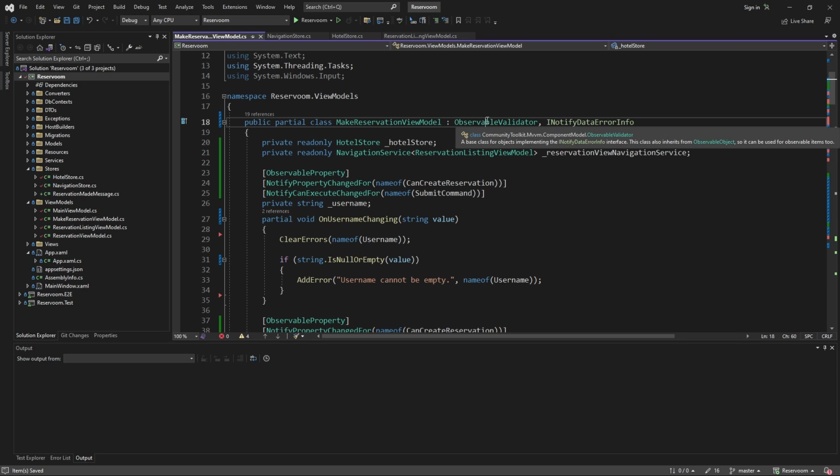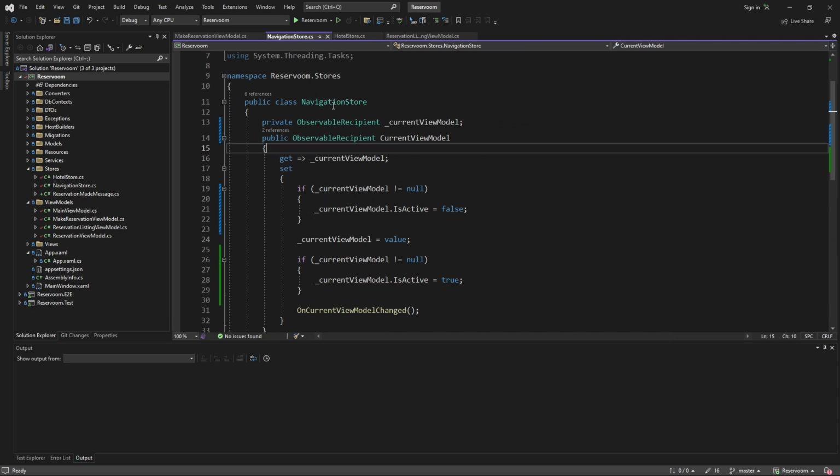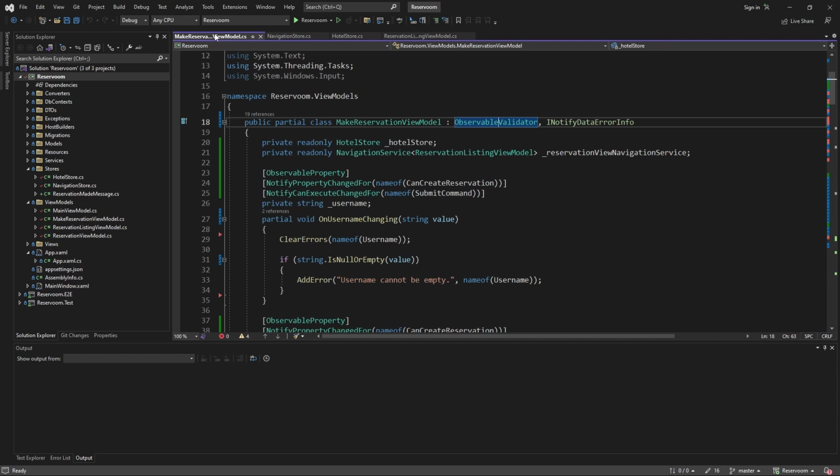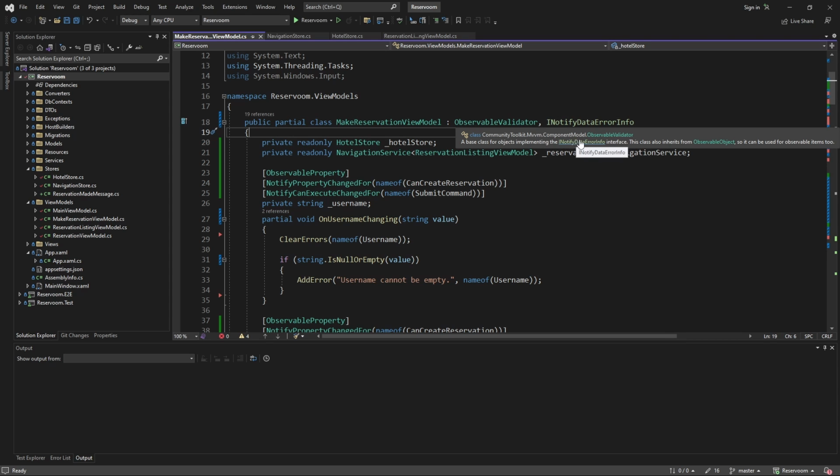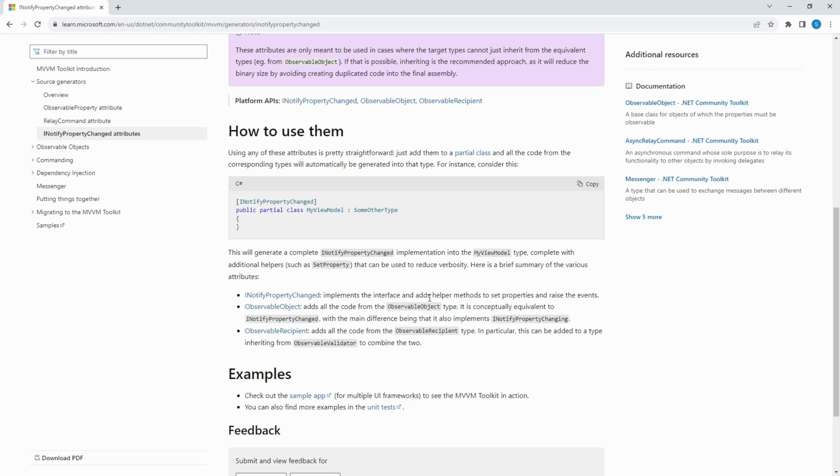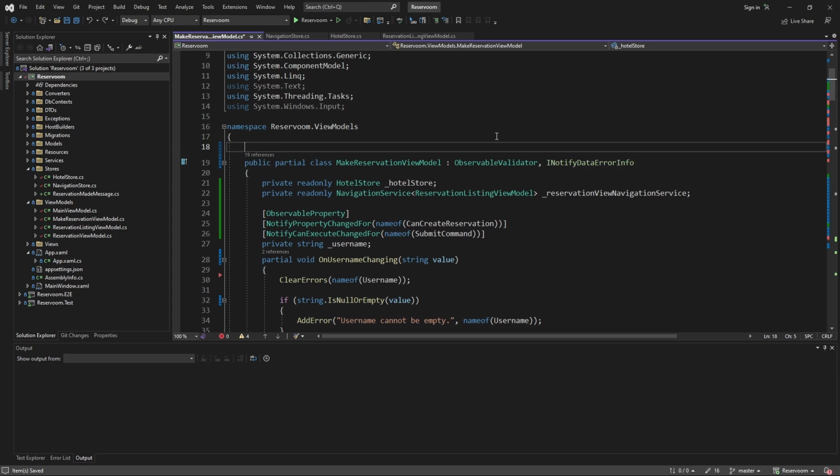So this is a page level viewModel, which we previously discussed should inherit from ObservableRecipient, but we can't do that because we're inheriting from ObservableValidator so that we can get our INotifyDataErrorInfo base implementation. So obviously, C# is a good language, but we can't do multiple inheritance. So luckily we can use an attribute so that we can get all of the ObservableRecipient base code into our ObservableValidator. So let's do that. We'll add that